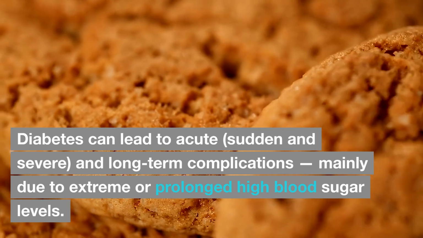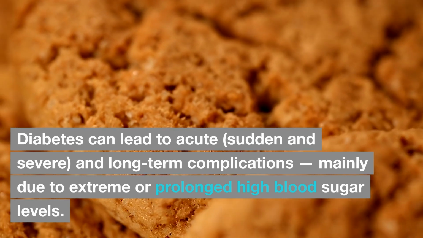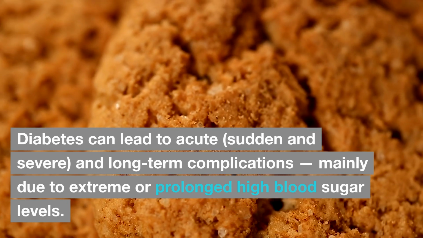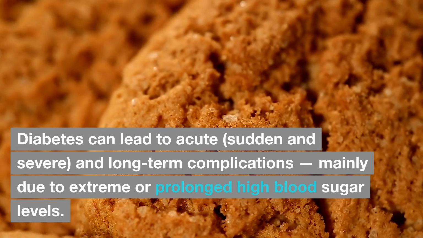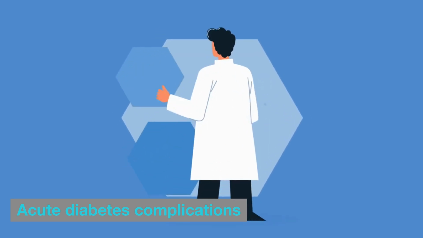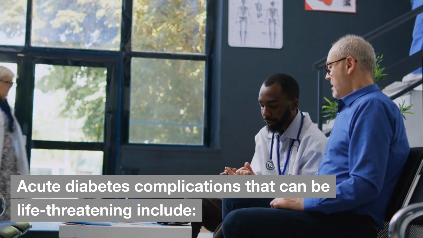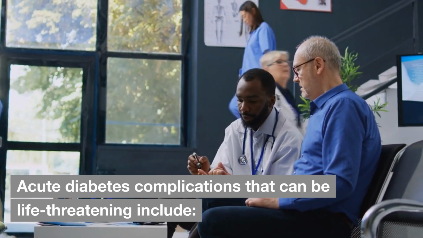Diabetes can lead to acute, sudden and severe, and long-term complications, mainly due to extreme or prolonged high blood sugar levels. Acute diabetes complications that can be life-threatening include